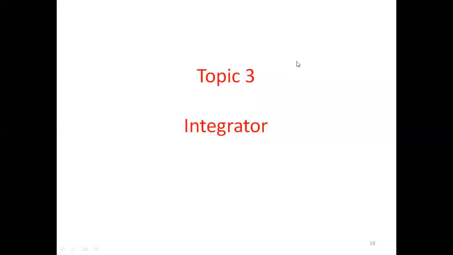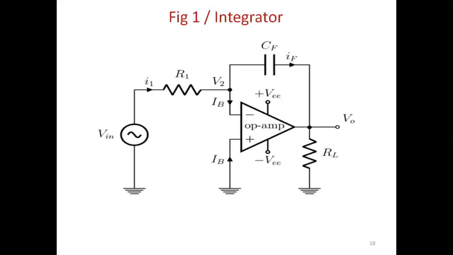Dear students, in this video, let me give a lecture on three topics: integrator, differentiator, and summing amplifier. See the diagram of integrator. Op-amp is used, negative terminal, positive terminal, pin number 2 and 3, plus VCC, minus VCC, output voltage is here. We are giving input to the inverting terminal, positive terminal is grounded, a feedback path is occupied by a capacitor